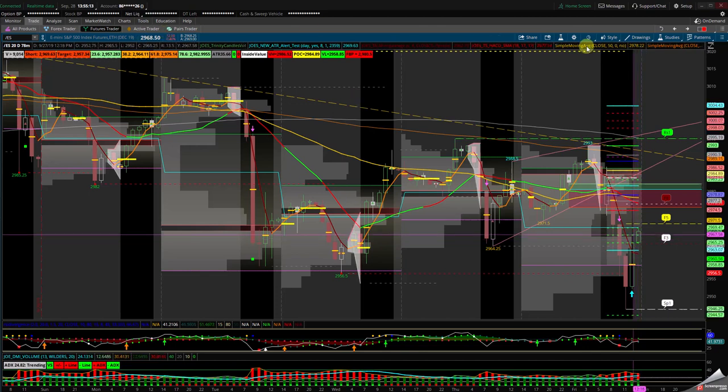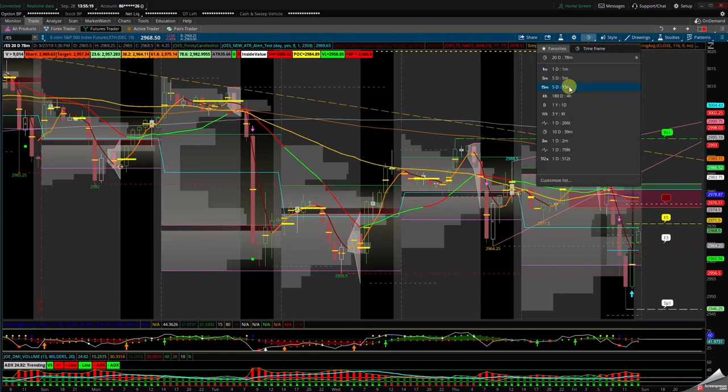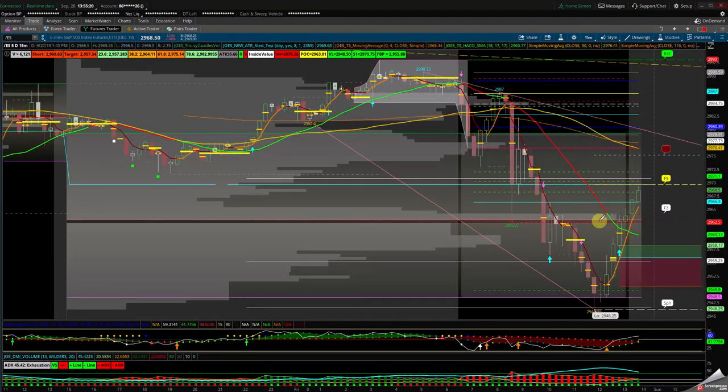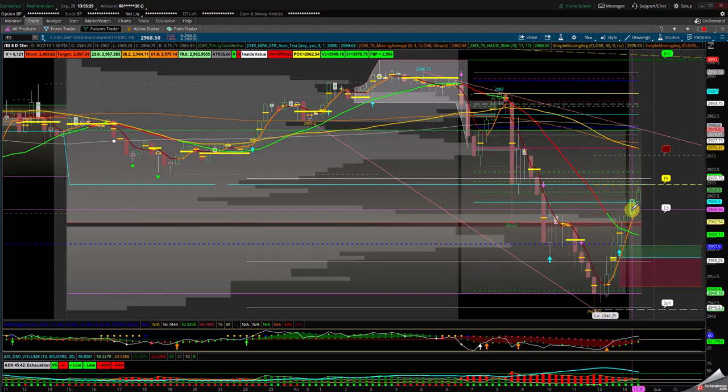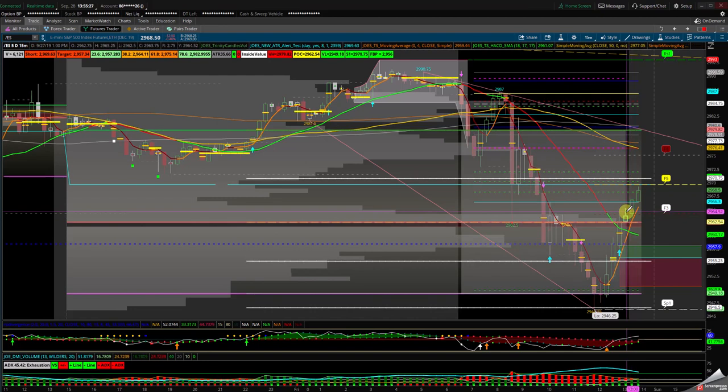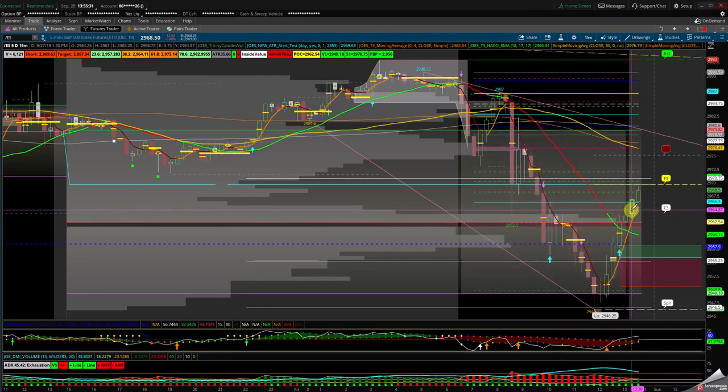If I go to the 5-minute bar, it'll show you something a little bit different, or the 15-minute, where you can see the push on the 15-minute bar. When we pushed above, we closed right here on this. This is the 1 o'clock. This is the 1:30 clock. So it was around the 29.68 area, 50. So let's see what happens Monday.